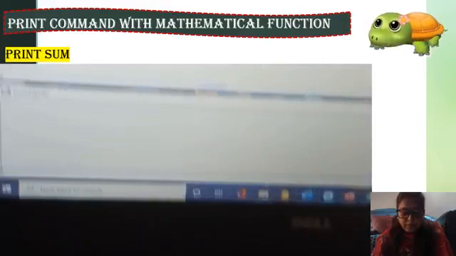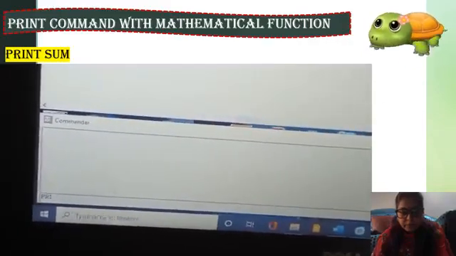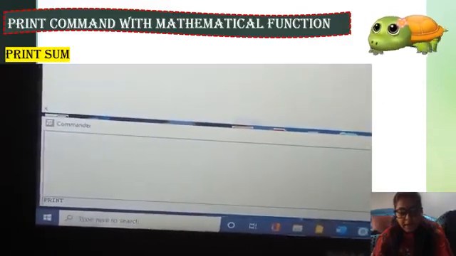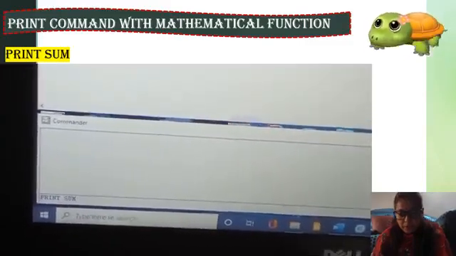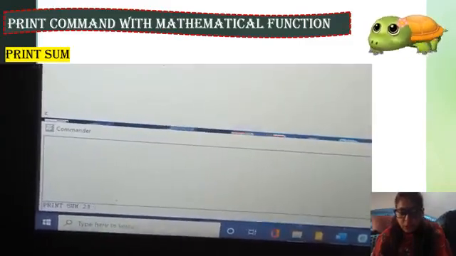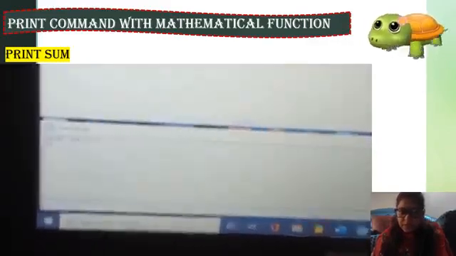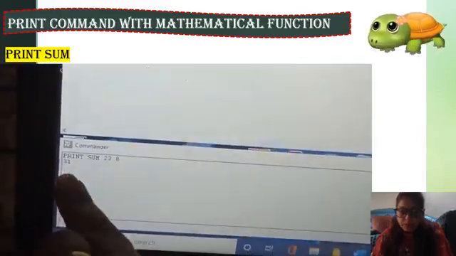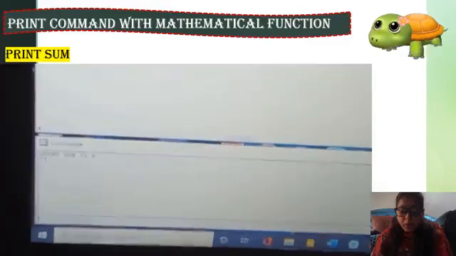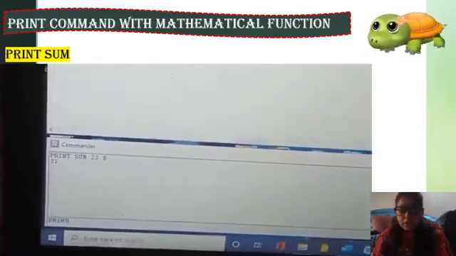Here first write print space, write sum. I want to make the sum of two numbers. So 23 and 8. Just press enter. You can see the result. Now I want the sum of more numbers.